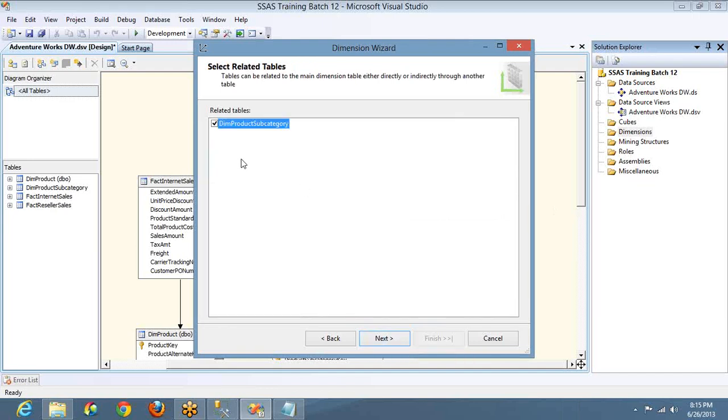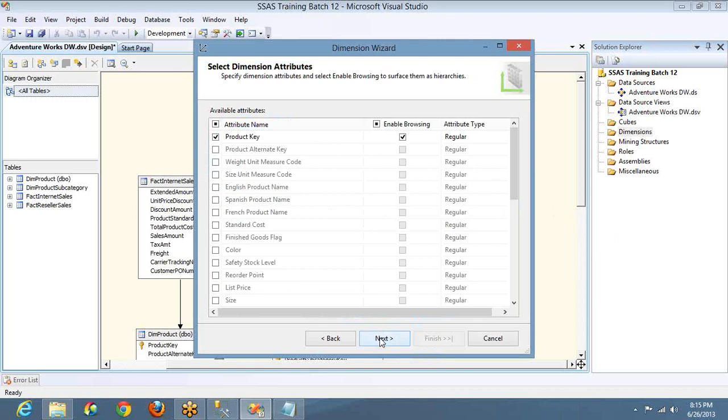Click on next, and it is saying it has some related tables. That means it has a relationship with other tables, that is dim product subcategory. Do you want to include the same in this particular dimension? But I don't want to, so I'm unchecking it. I'll show you that example also. Now these are all the attributes, all the columns that are present in my dimension table, that is dim product. So what do I have to select now